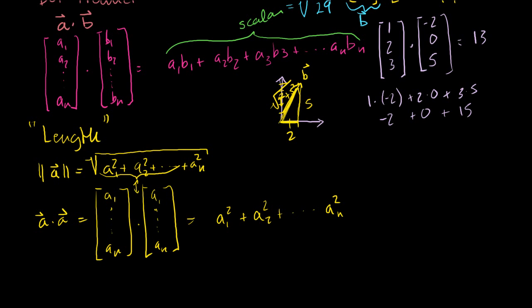So we could write our definition of vector length in terms of the dot product. It equals the square root of the vector dotted with itself. Or if we square both sides, we could say that our new length definition squared is equal to the dot product of a vector with itself. And this is pretty neat, it's almost trivial to actually prove it, and we're going to use this